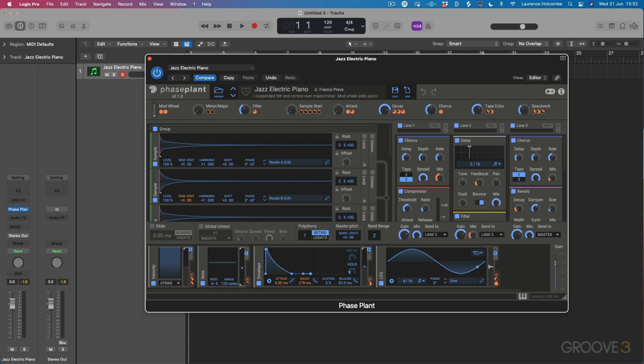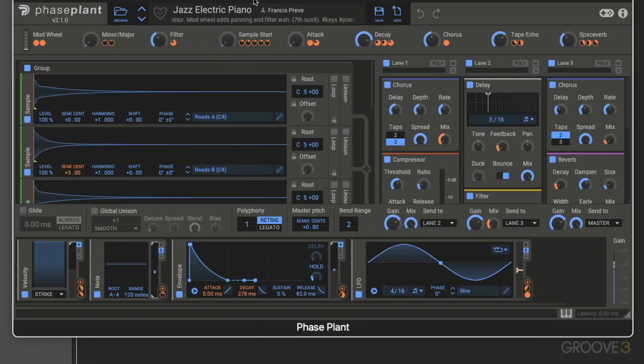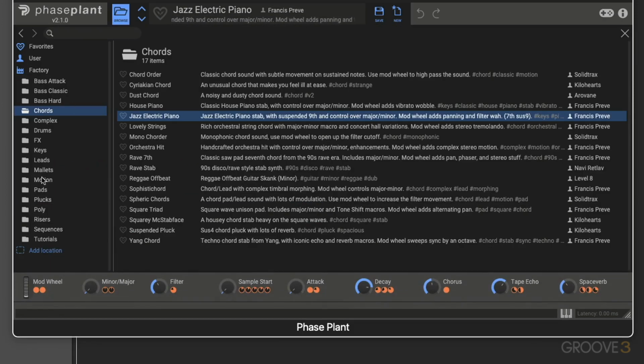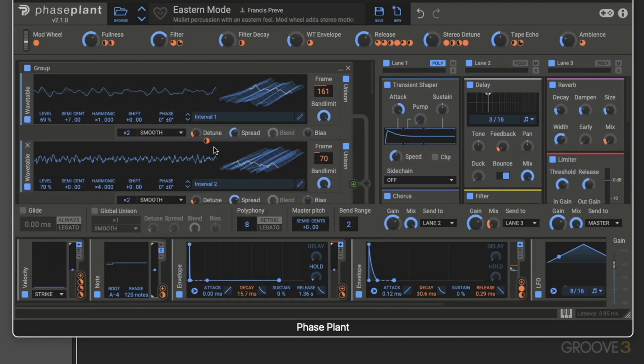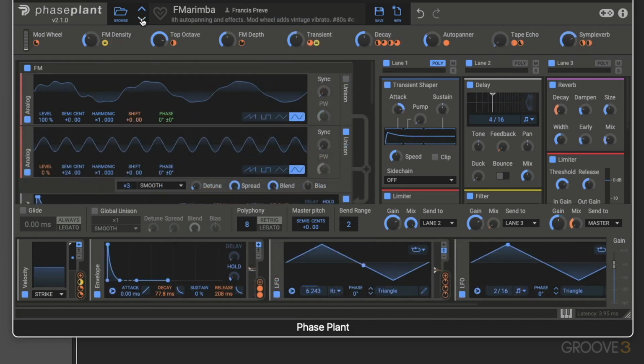Now in this first video, we're going to have a look at the interface in a very zoomed out way. I've got a preset loaded up here just so we can see some modules in action. Now to start with, we have the top bar up here. This is where we can choose our presets. You can see we have a browse button here. So if we come onto here, you can see all the presets separated out into different categories, and we could just double click to load one up. You can also use these arrows here to go through,